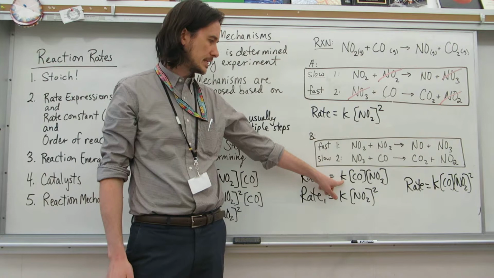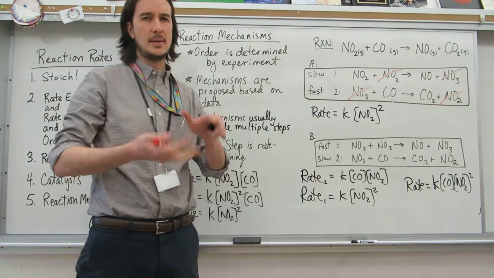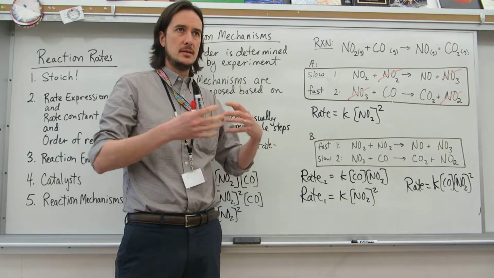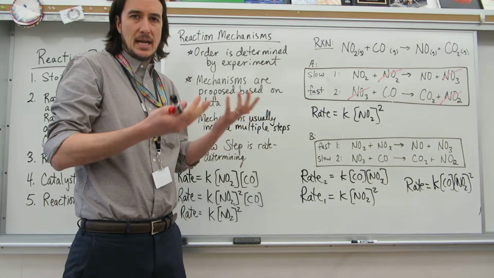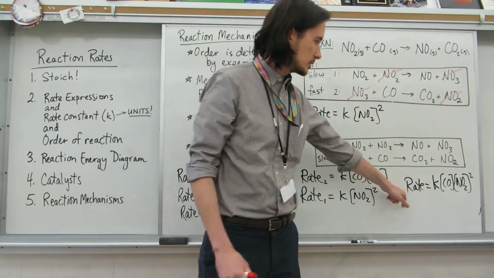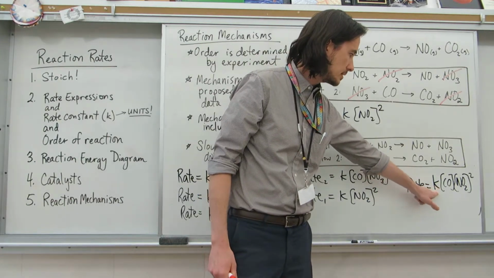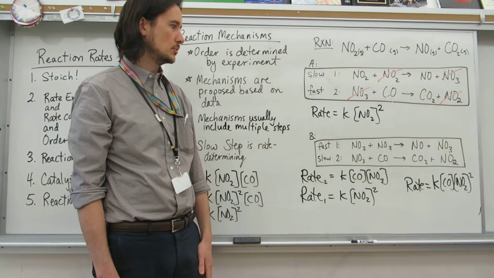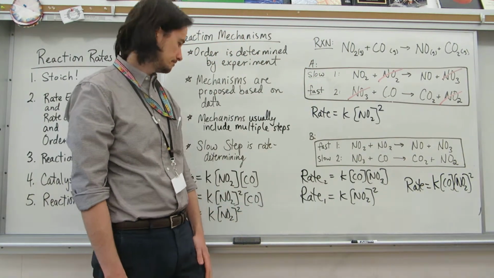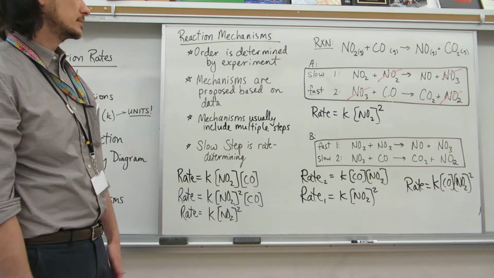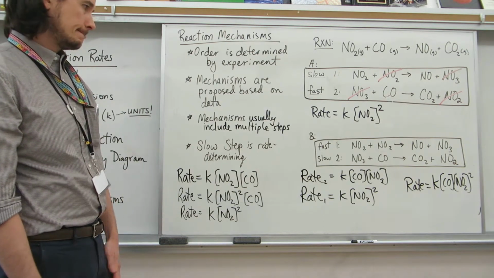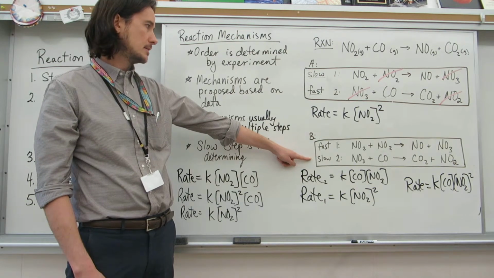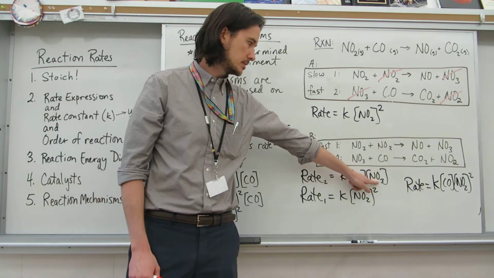These K's are rate constants. Anytime rate constants are combined, it might be a different value, but they kind of get absorbed together. It's a constant. So the rate is going to depend on some rate constant and the concentration of CO and the concentration of NO2 squared. Those are reaction mechanisms. Slow step determines the rate. Don't write intermediates in